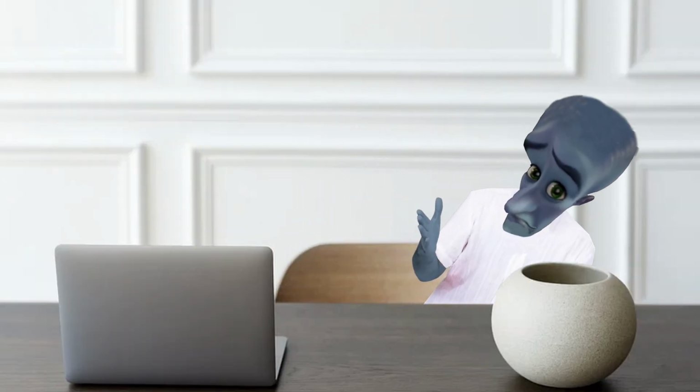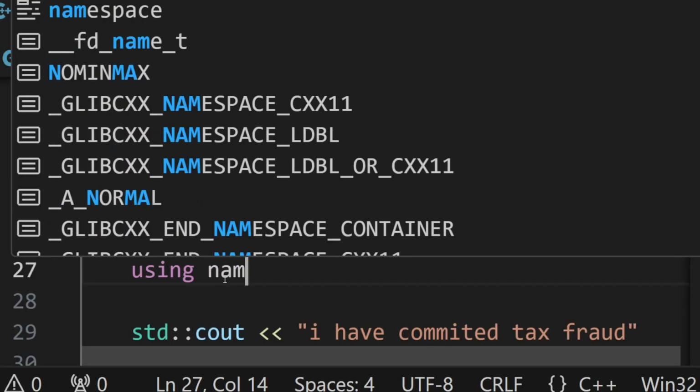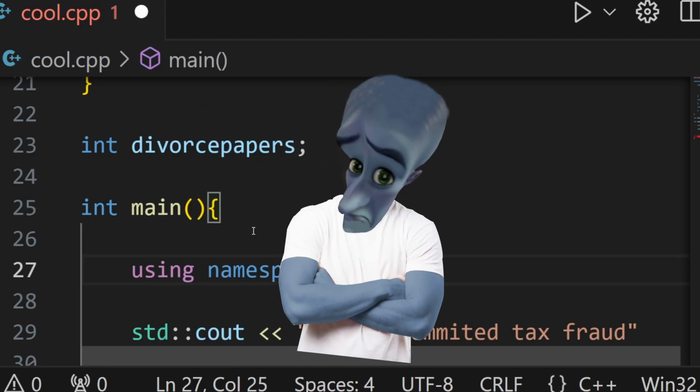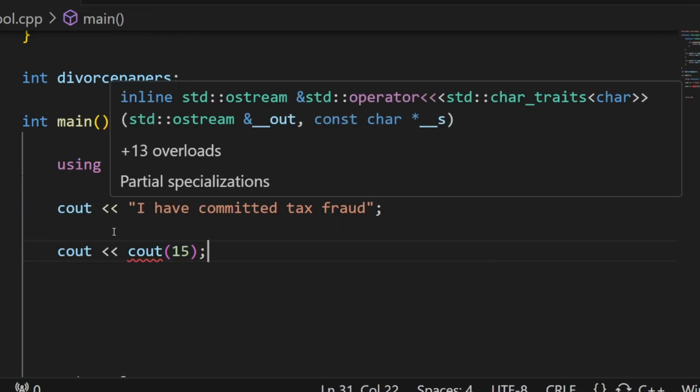Now, you don't have to write this every time you're using a function in a namespace. You could also just tell the program that you're using the namespace. However, I wouldn't recommend that you do this. As you know, you might forget that you're using that, and then you're completely wondering why your program doesn't work,